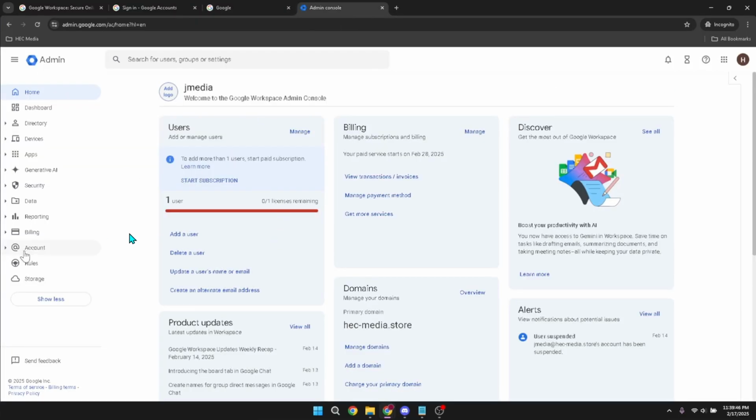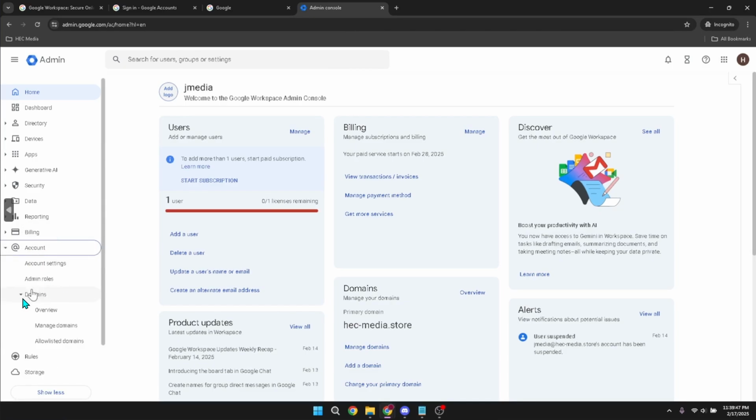Once inside the account section, find and open the domains option. This is where you manage everything related to domain verification, domain security, and communication settings. Within the domains area, search for the option called Allow Listed Domains. This is a section designed specifically for approving trusted domains so that messages from them pass through your system without